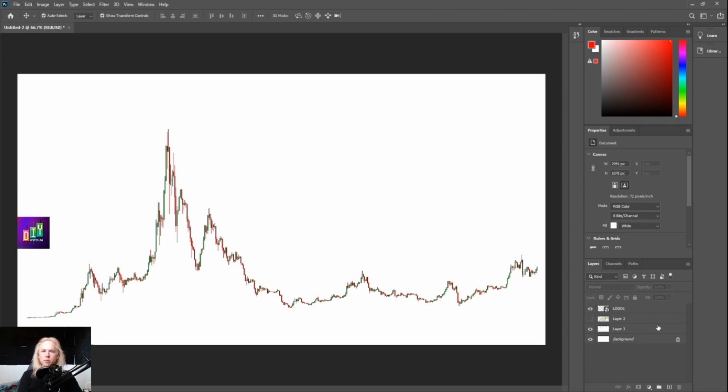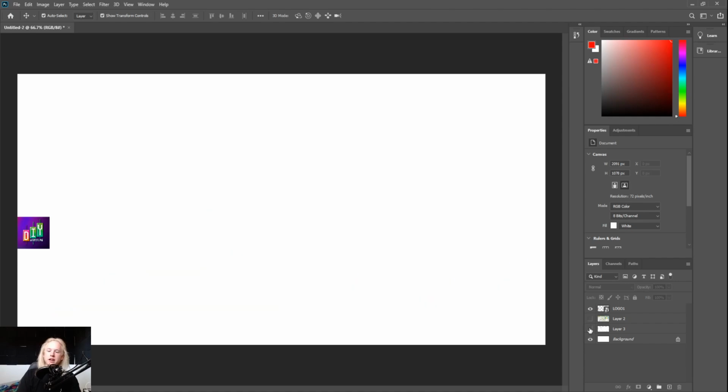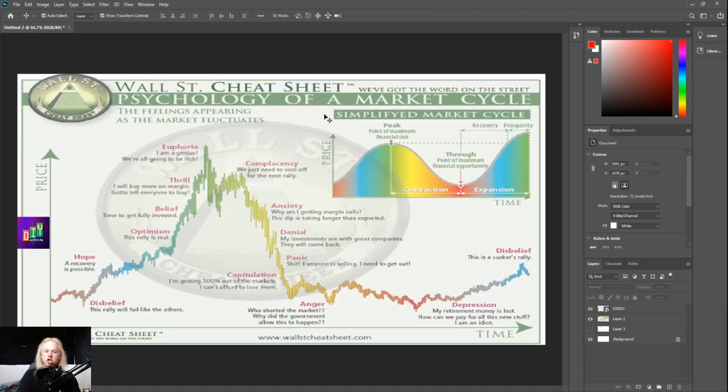Now, one of the most important parts of my trading plan is understanding what a market cycle is and going about investing inside of these cycles. If you time the market cycle to the best of your abilities and in the right way, you can set yourself up to make the biggest majority of that ROI. And really, it just requires you to dollar cost average and buy into those low points. So we're going to go through here and I'm going to label a chart that I personally watch time and time again. And that is the Wall Street cheat sheet, or the emotional psychology of a market cycle.